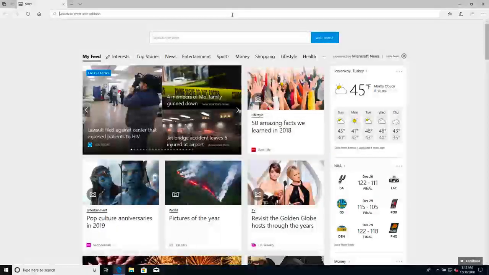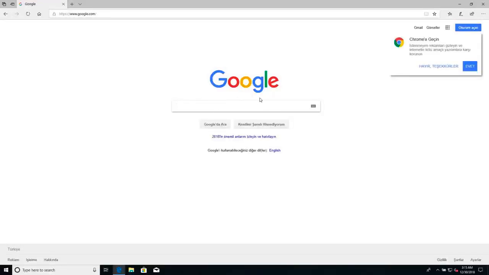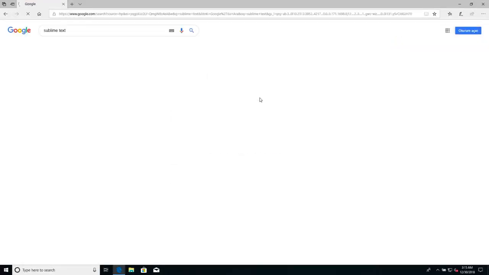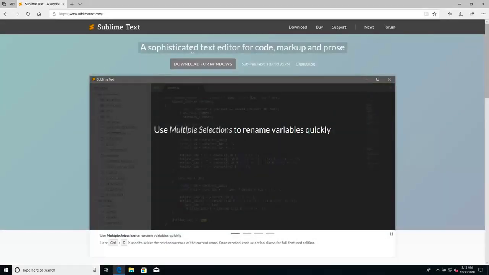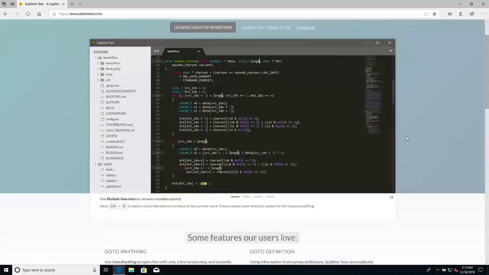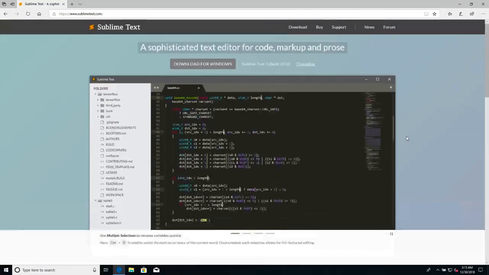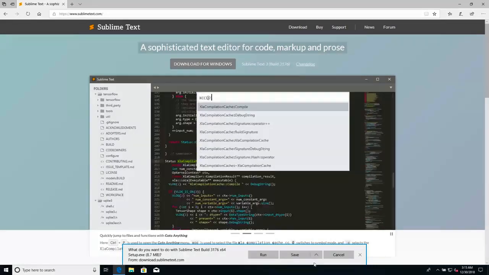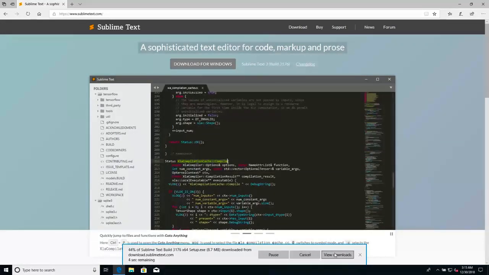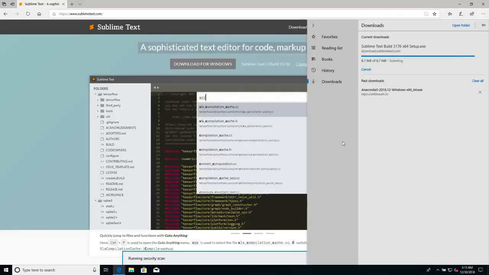Then I will search for Sublime Text in google.com. Okay, so Sublime Text is a text editor, and the website is very easy actually, sublimetext.com. And if you go over here, maybe these visuals can be changed while you are watching this. It doesn't matter. All you have to do is just find the download section. Okay, so I'm clicking here to download,